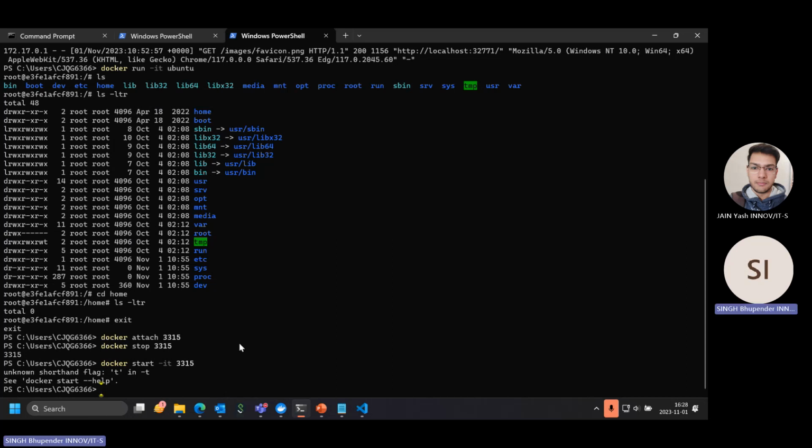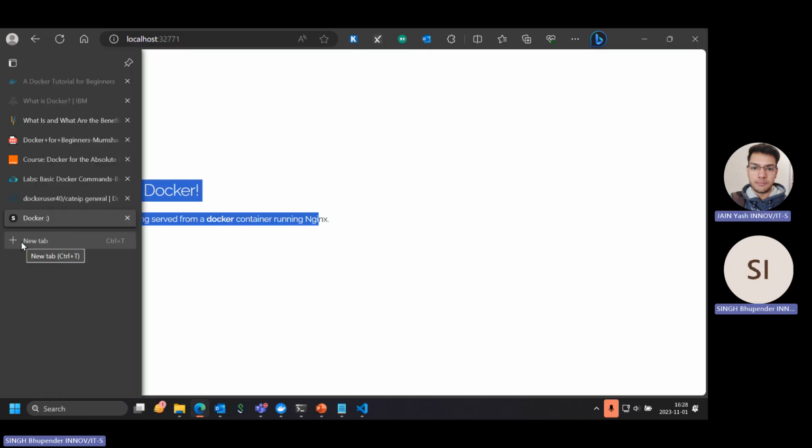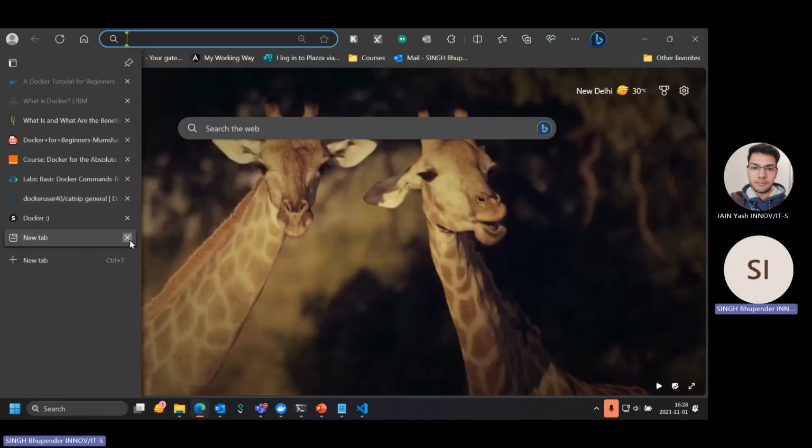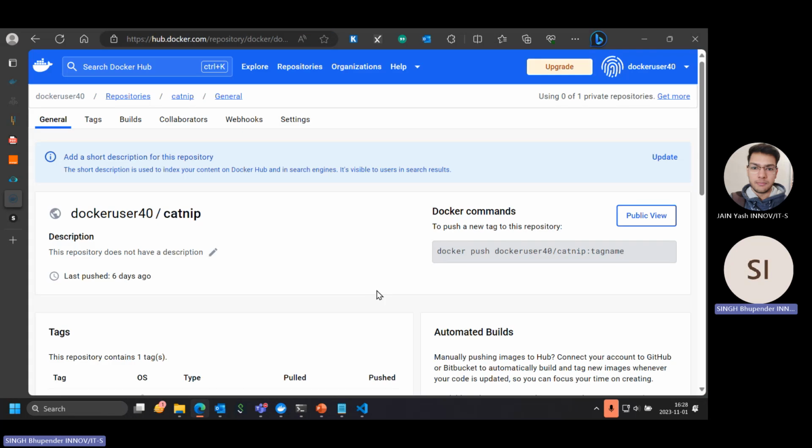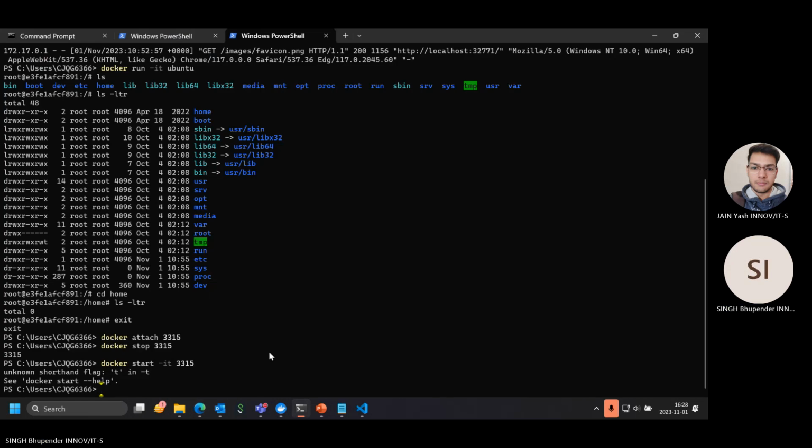Now next thing, as I mentioned about Docker Hub. Docker Hub is a platform in which we can access others' images and we can also upload our own images into it. Now I will show you how to upload our own images. For that we will use the docker build command.